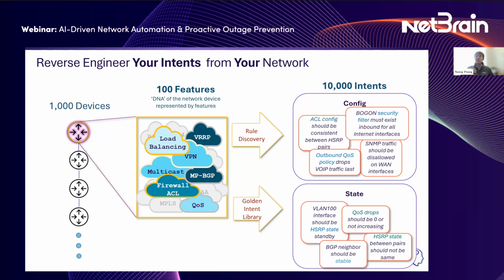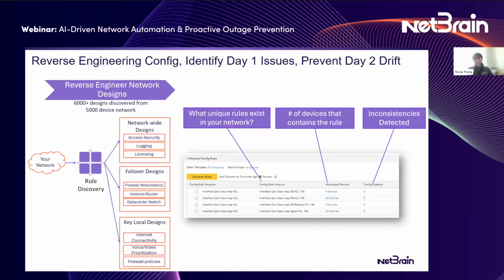Second is, using these features, we also know the states of those said designs, right? And if we can use that as a way to decode all the states of the network and baseline them, we can start to identify deviations from what normal is. So this is really what we have sought to do for the last couple of years. And now we made a big leap ahead in terms of our innovation in automating and building lots and lots of these types of intents. So what do we mean by that? Let's dive in a little bit into detail.